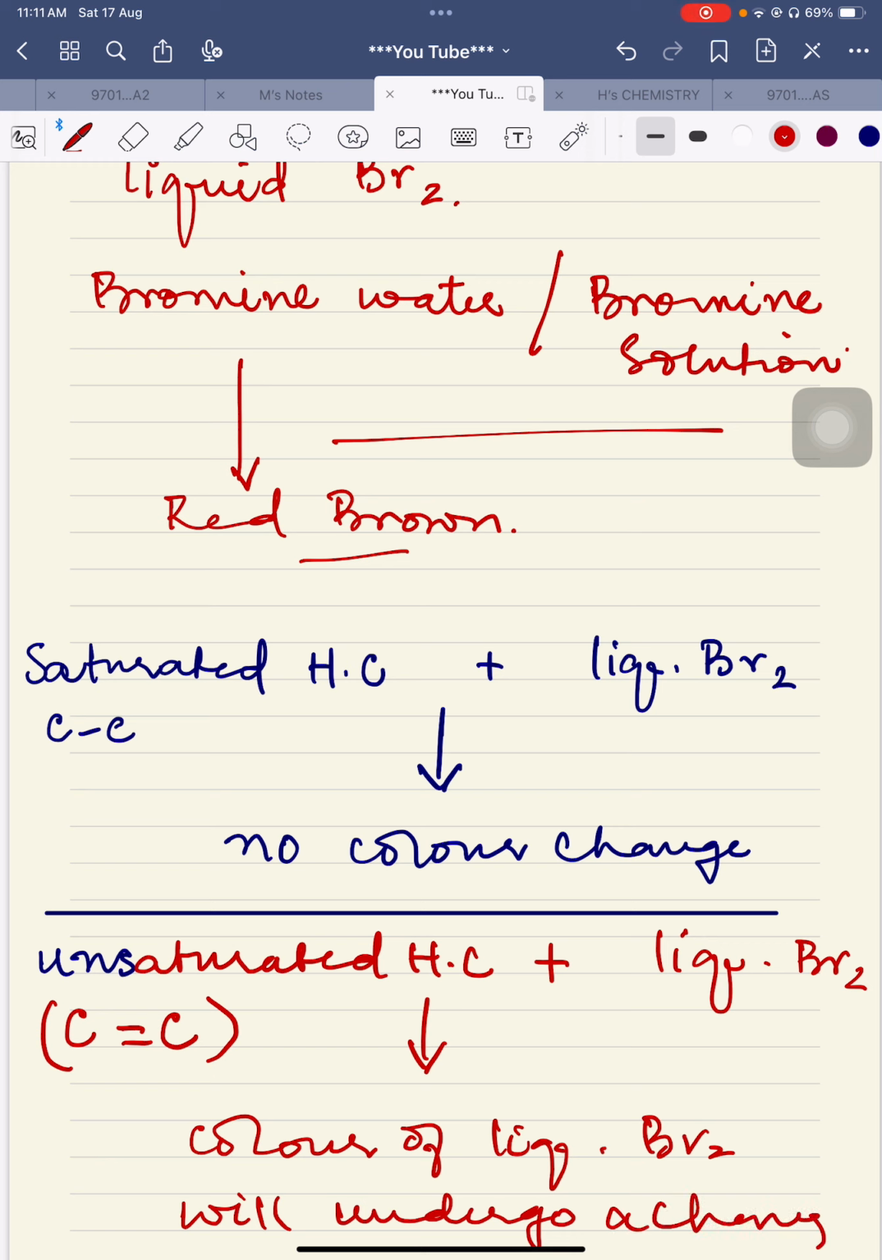Is that okay right now? So we can say this thing. What is a change? It will turn blue. What is the change? It will turn black. What is the change? It will turn white. No. So we are just telling that change means that the color of liquid Br2 will be lightened in the